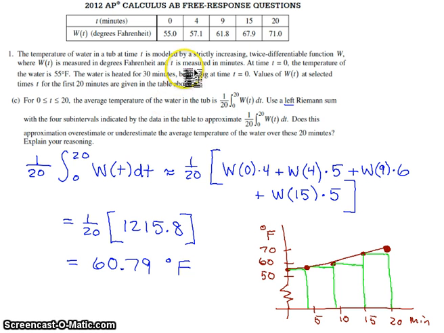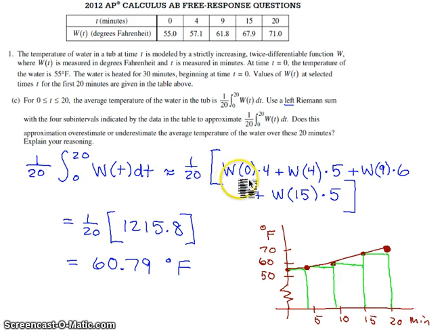So if you think about your data points, this would be a subinterval from 0 to 4. This would be another subinterval from 4 to 9, a third subinterval from 9 to 15, and a fourth subinterval from 15 to 20. So a Riemann sum is just going to have us adding together areas of rectangles. So if we're going to estimate the value of this integral, now we do have to keep this 1 over 20 here, but we're going to estimate the value of this integral